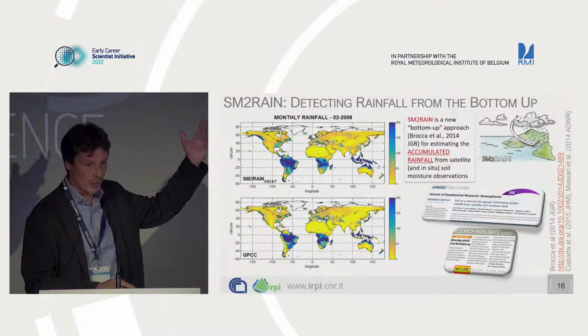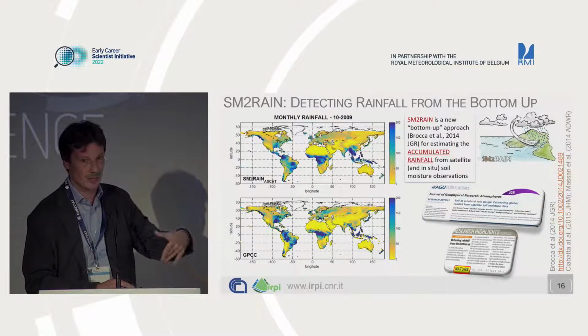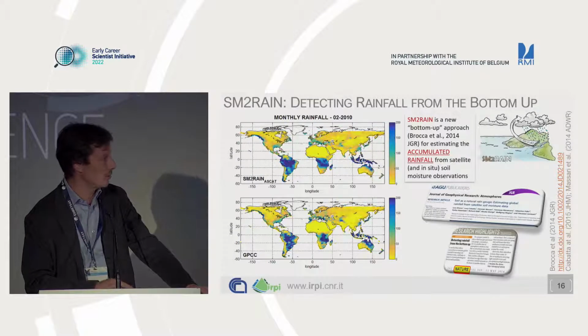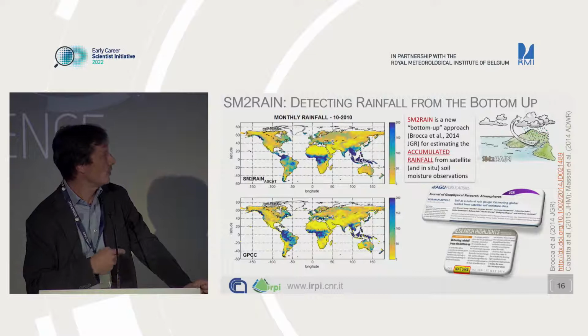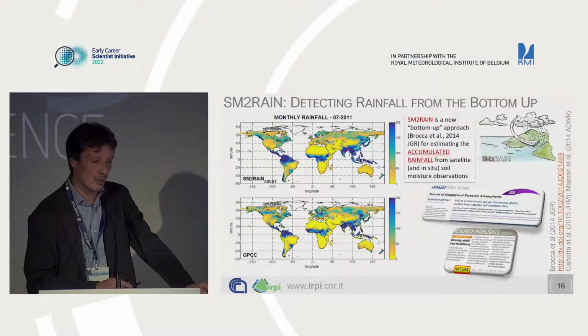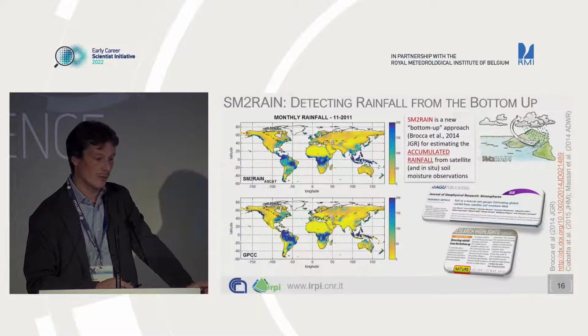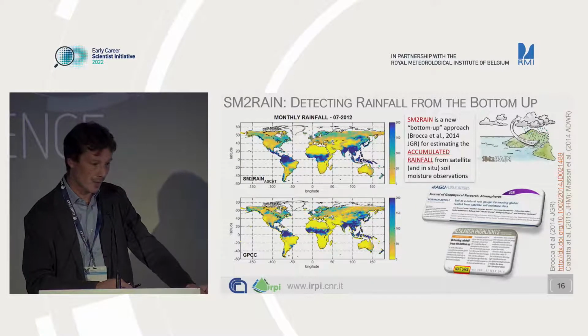Instead of looking at the clouds in a top-down approach, we look at the ground, and basically by tracking the soil moisture variation in time, you can also track precipitation variability. For instance, this is an example: on the top, you have our products. In the bottom, you have data from a ground station on the monthly scale, and you can see quite a nice